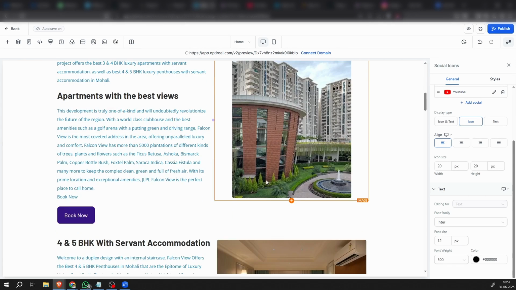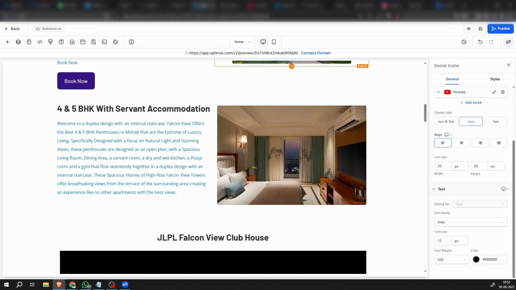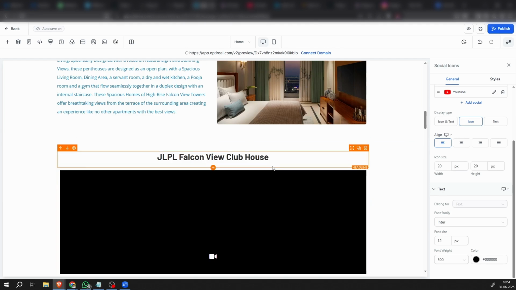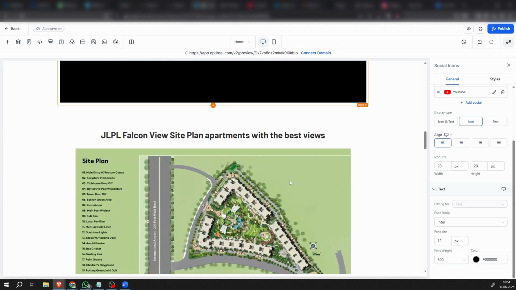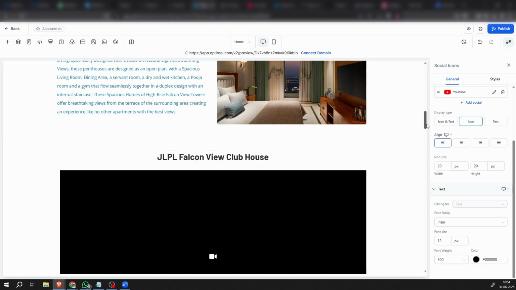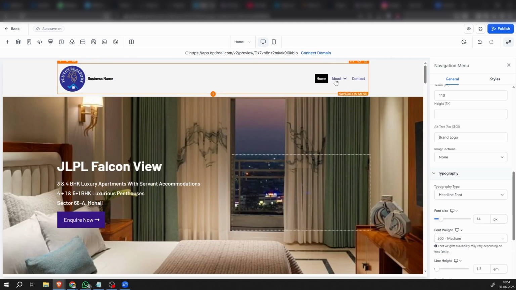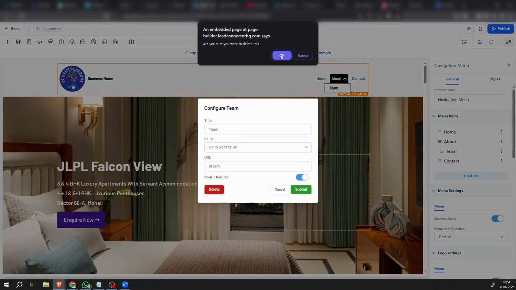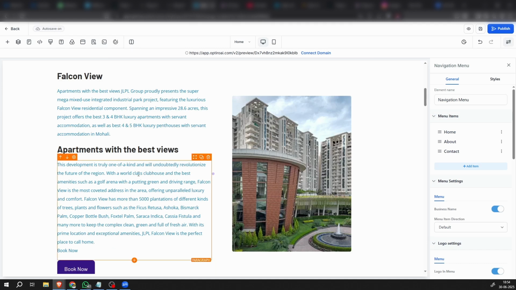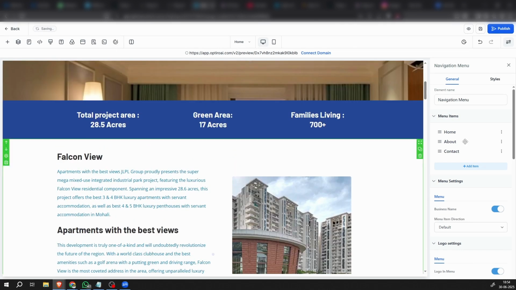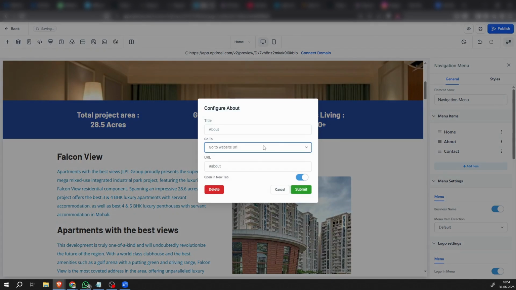So now we have to add one more section like features, amenities. Yeah, amenities, video, site plan. Yeah, video, home, about us is not needed right now. So we can delete this section also. Delete. Falcon view, project overview. Yes, overview. So this will be the